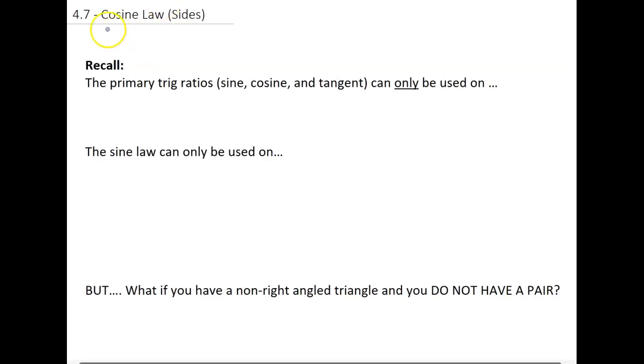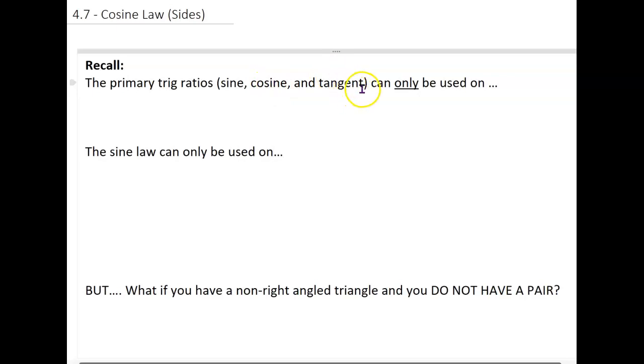Hello class, today we're going to learn about the cosine law. In particular, we're going to learn about the cosine law and how we can determine a side length. So let's go back to when we were just learning about trig ratios, the sine ratio, the cosine ratio, and